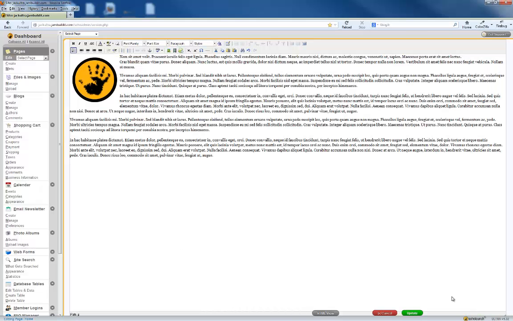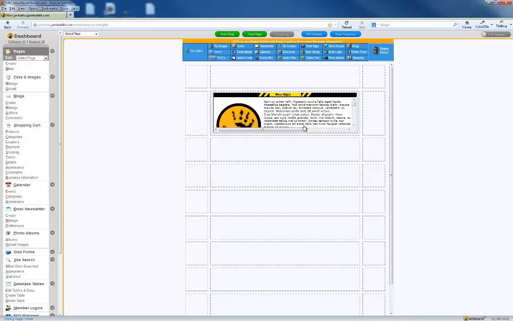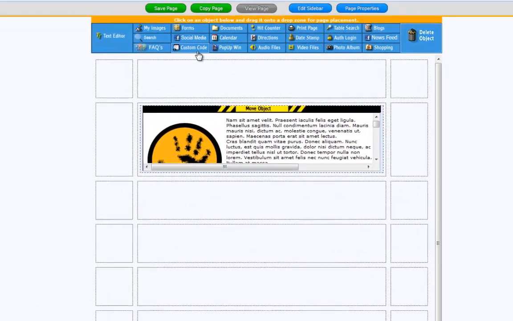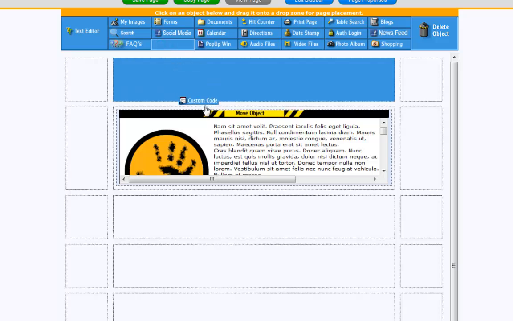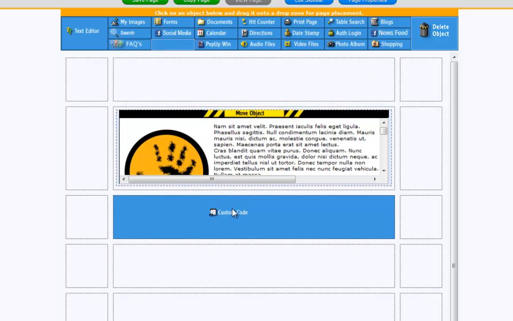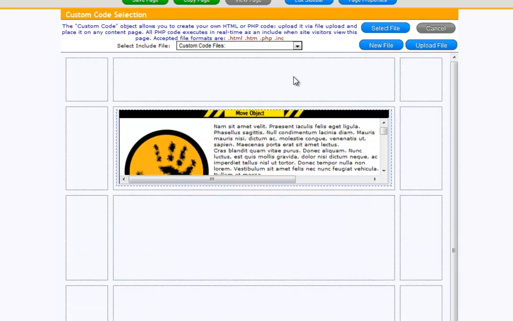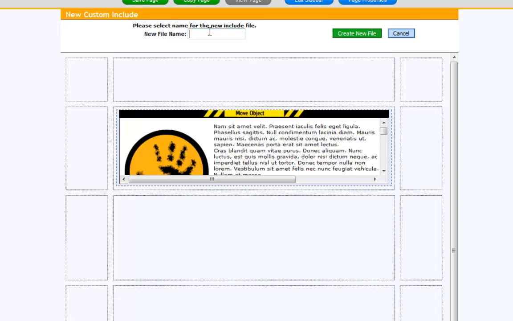So the best alternative is to use the custom code object. And that object is along the top bar up here, just called custom code. And I'll go ahead and drag that onto a cell. I want to paste some JavaScript onto the cell. To do that, I'll go ahead and just create a new include file, and I'll call this